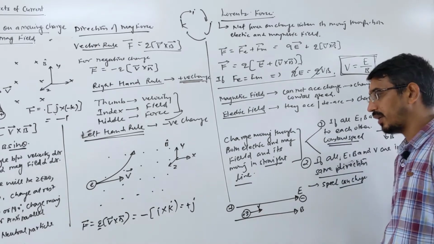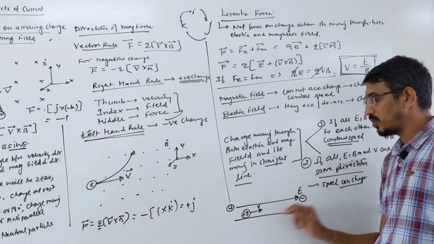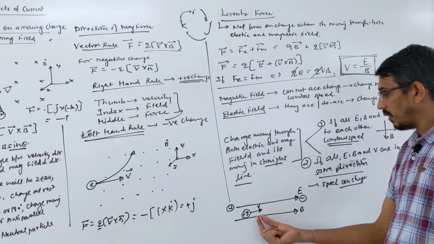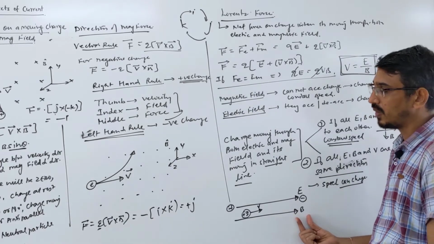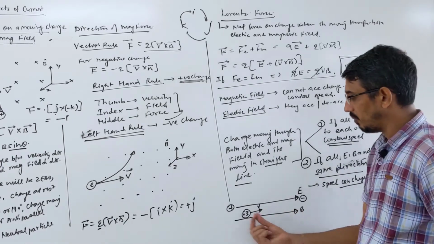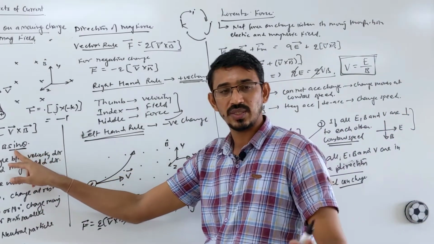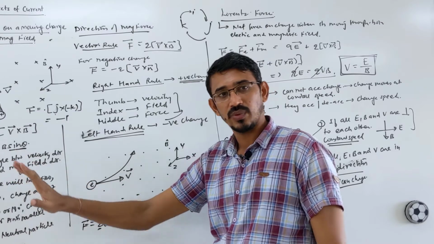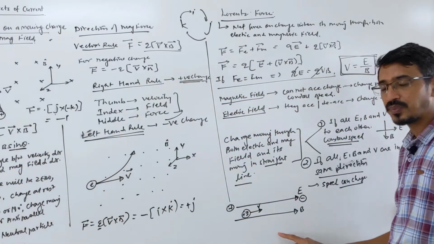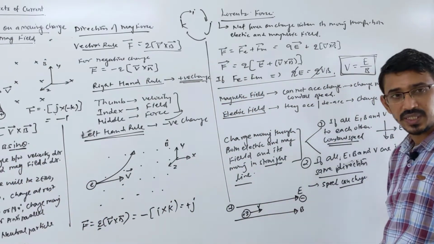It moves in a straight line, and what happens to speed? Watch carefully. Let's talk about magnetic force. It will not experience magnetic force. Why? Because when moving parallel or anti-parallel, the magnetic force becomes 0. Sin theta is 0 or 180, so the magnetic force is directly 0. So no magnetic force acts. Now talk about electric force. Is electric force acting? Yes, acting.